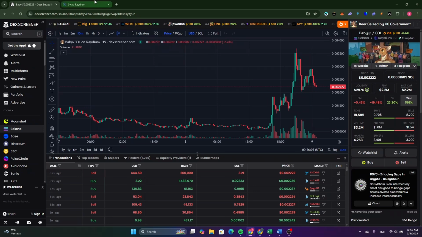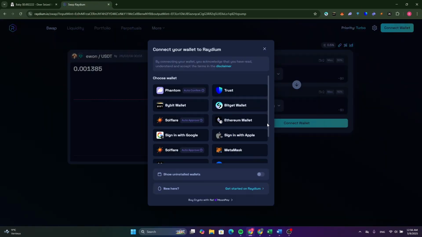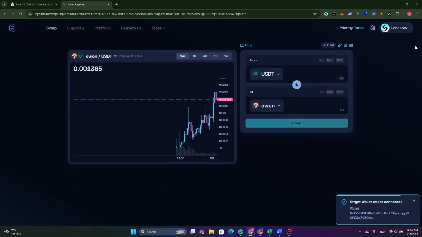To be able to buy this token, we will use Raydium. Now first of all, connect your wallet. I will use the Biscuit wallet for that. So after you connect your wallet, if you don't find your token here, go back to the screener